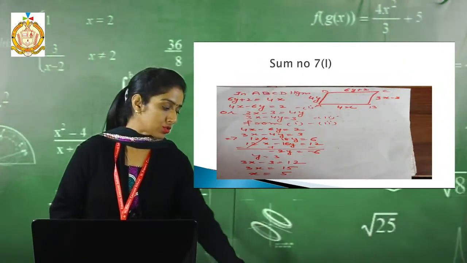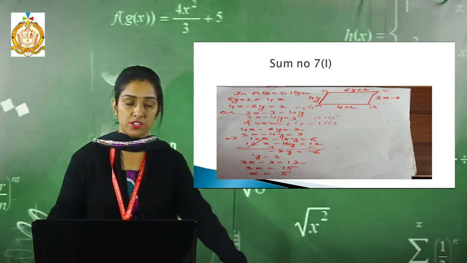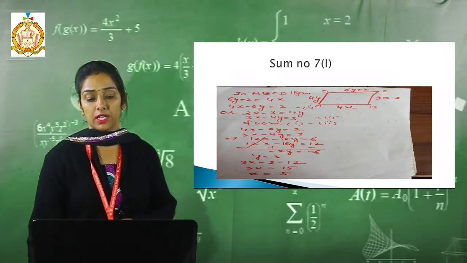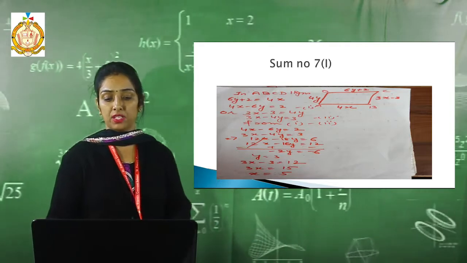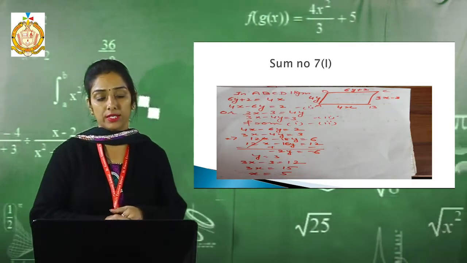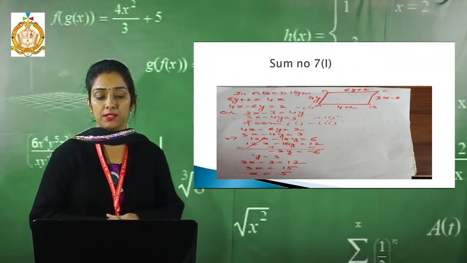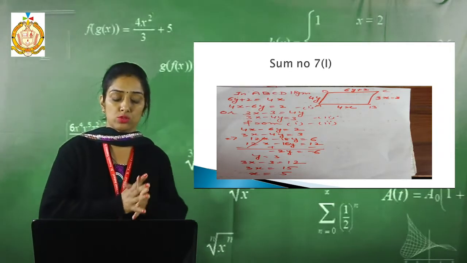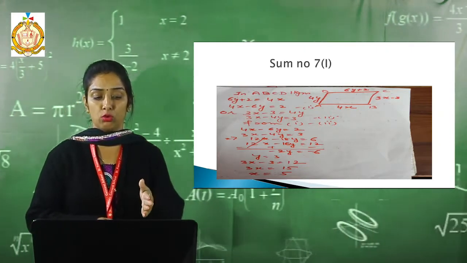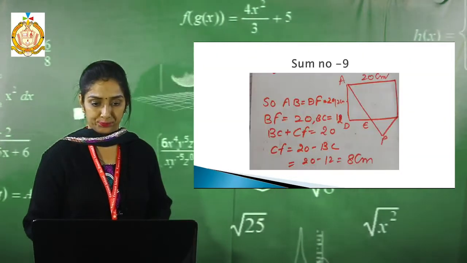Now see the next question. In each of the following figures, question 7, first part, you have a figure. See, in the figure ABCD is a parallelogram, in which we know that in a parallelogram opposite sides are equal, right? So I take 6y plus 2 is equal to 4x and 3x minus 3 is equal to 4y. By applying the elimination method, you can solve it easily.